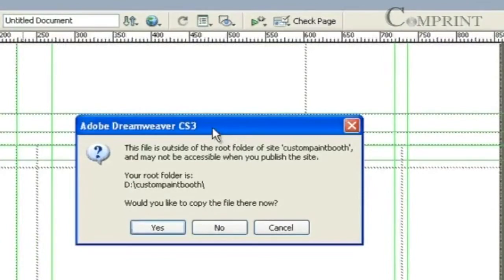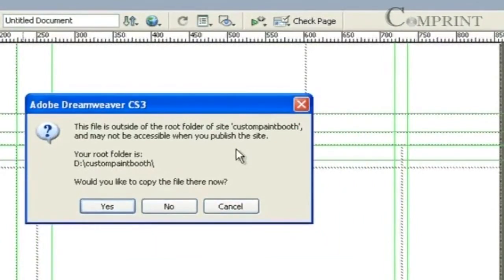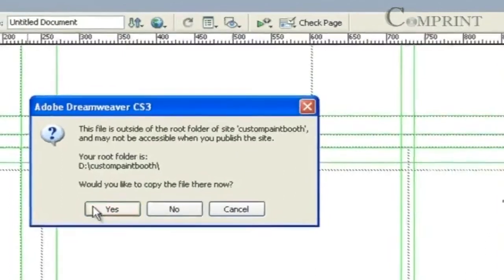Now there is a dialog box asking us whether we would like to copy this file into the Custom Paint Booth folder or not. Because whatever the image files that we insert into our web page, they are to be stored in the site folder. So click on Yes.